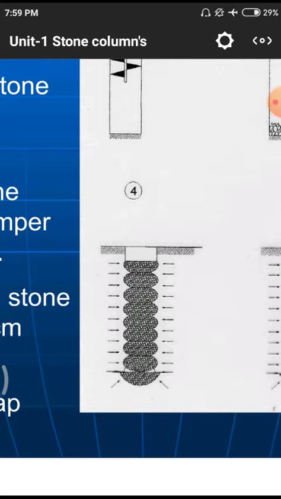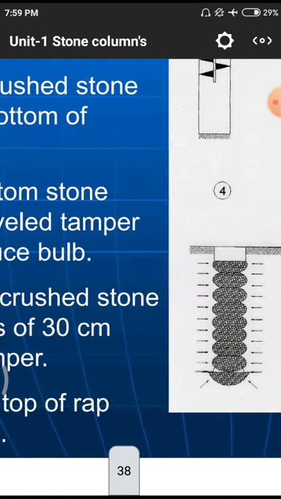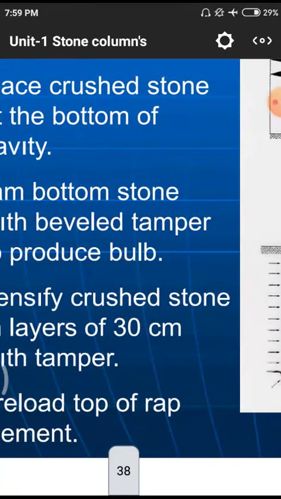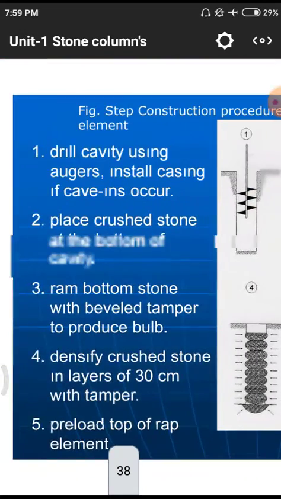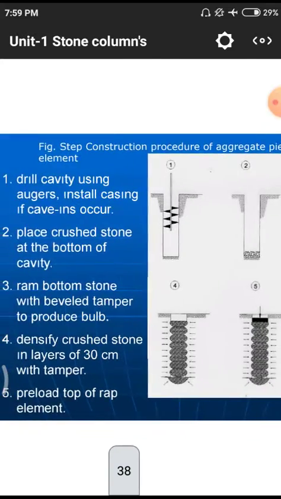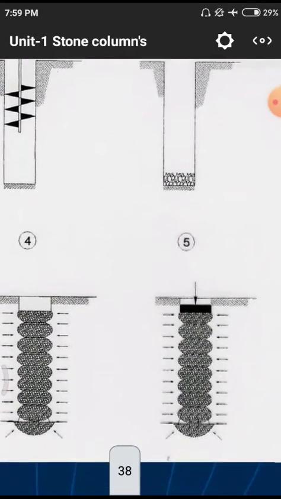spiral reinforcement like this. Spiral means, like the spiral binding we use for our books and other things, we need to observe this spiral. This is also like a spiral wire, so we need to use stone in the case of this spiral. Why? I will also explain why. Because